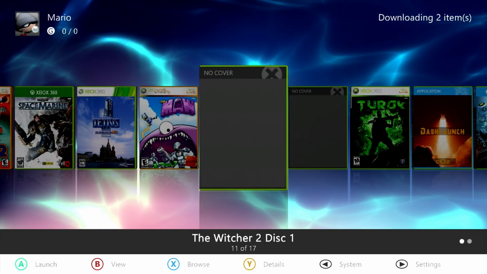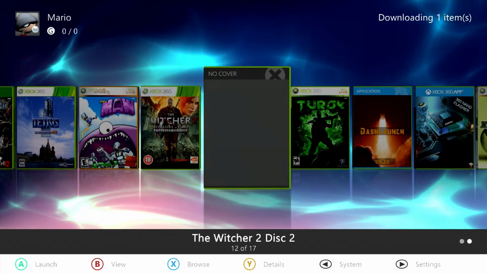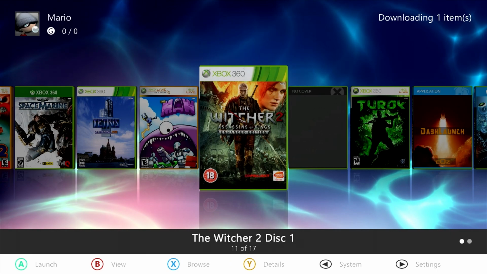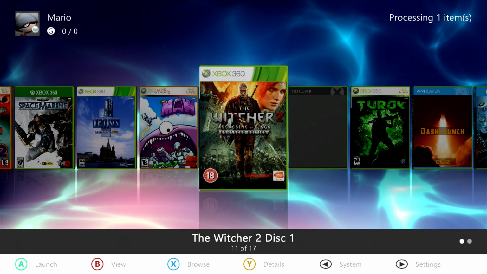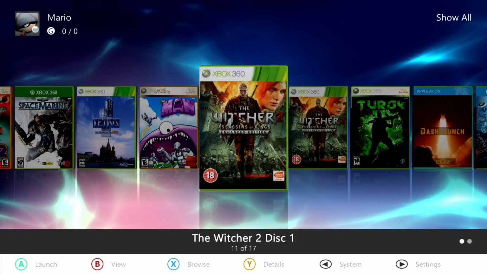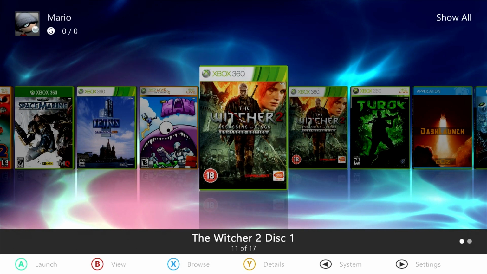So it should look something like this. If you did it in God format, you're going to have disk 1 and disk 2, and of course disk 3 and disk 4 on top of that, but if you did it with extracted format, it's just going to have The Witcher 2 for each one of these. So as you can see, this is now working as it should, and you're able to boot up this game,